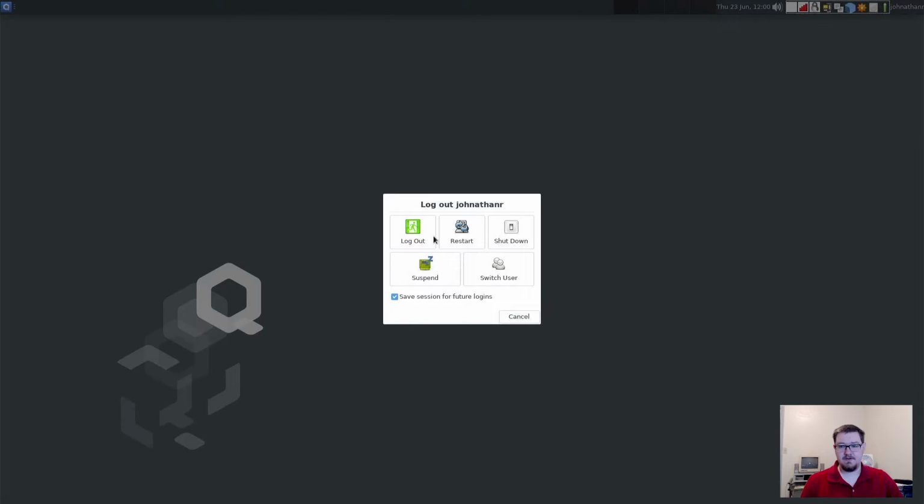But with Qubes OS, I think that if what you want is privacy and separation in your life,